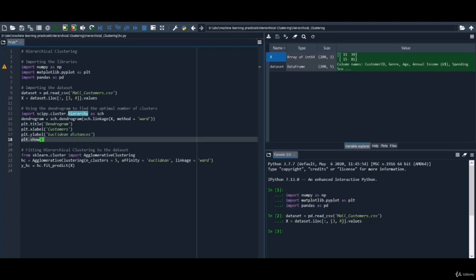So let's import the library first. Let's import the package, that is scipy.cluster.hierarchy, and assign an alias as sch, so we can use sch instead of the whole package name. Then we are going to create a dendrogram variable using dendrogram equals sch.dendrogram, where we are